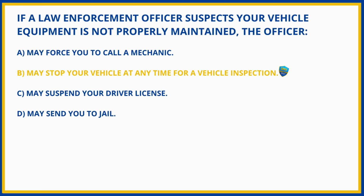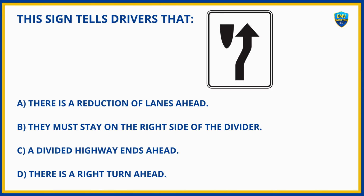B. May stop your vehicle at any time for a vehicle inspection. This sign tells drivers that A. There is a reduction of lanes ahead. B. They must stay on the right side of the divider. C. A divided highway ends ahead. D. There is a right turn ahead. And the answer is